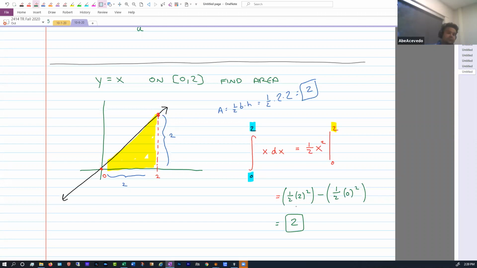That is the fundamental theorem of calculus. But the great thing is now this works for any function, not just straight lines. It works for all curves. Okay,